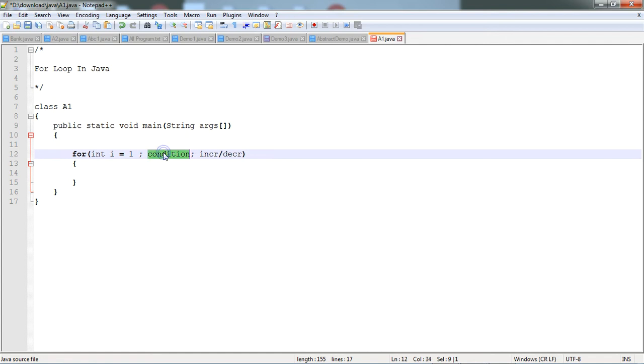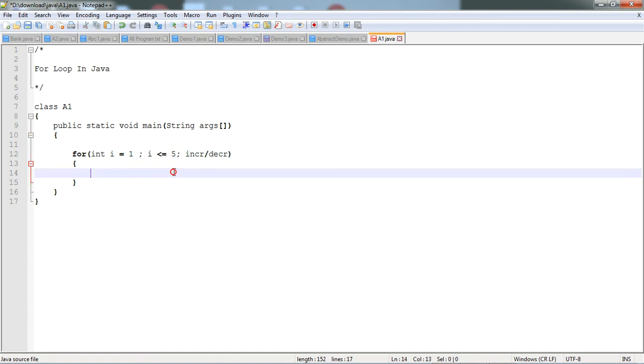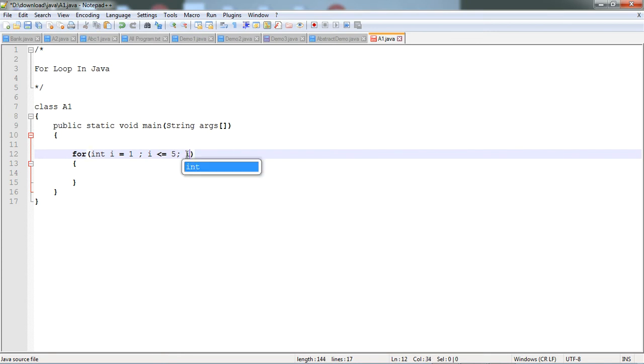Now the condition. I want to print my name 5 times. So what condition goes there? i less than or equal to 5. We will discuss this statement later, but for now this is our condition. Okay, increment and decrement. Increment means i++, decrement means i--.